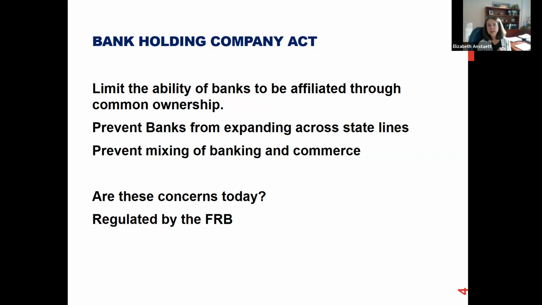And at the same time, a company might own a bank, and it might also manufacture cars or do other things. And both of these activities were considered potentially negative because there was a concern with banks crossing state lines, even if they were separate banks under the same holding company. There was a big concern with mixing banking and commerce. And there was just a concern that these companies were getting too large. These bank holding companies were owning multiple banks. And as we see from the early days of banking, there's a real suspicion of mixing banking and commerce.